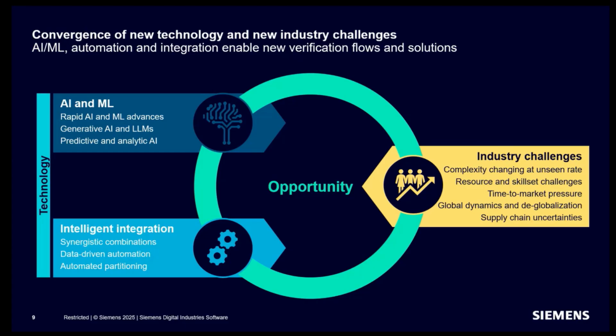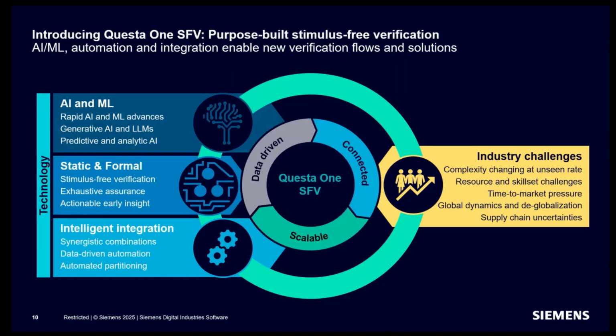All of this gives us a very great opportunity to come up with the next generation of EDA technology, and hence the idea and the product of Questa One. And so we have launched Questa One back on May 11th in Munich as part of Siemens EDA's User2User. It was relaunched again in User2User in Fremont. I think today there was another launch in India, in Noida, and I'm very pleased to be launching it here in the UK. And so here I give you Questa One SFV, so Questa One